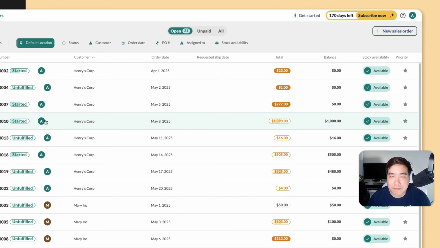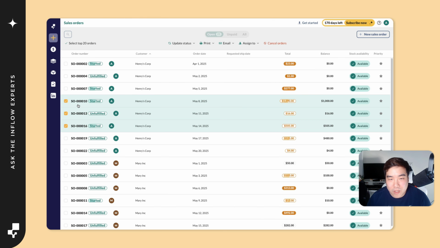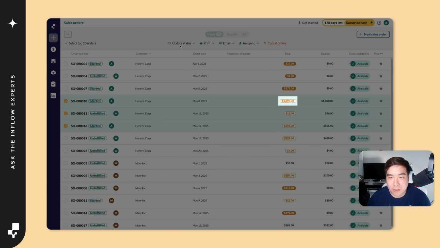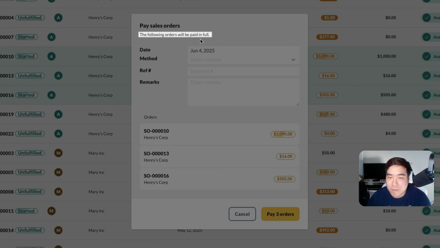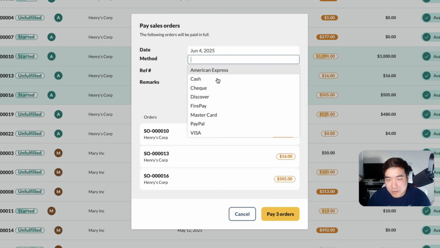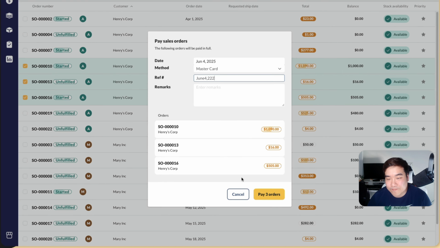So what happens if I select multiple orders but pay together with something that is already partially paid? If I pay this, it will still say that the following orders will be paid in full. So let's say he comes in right now with the MasterCard, and the date is June 4th, and then the reference number is 222.